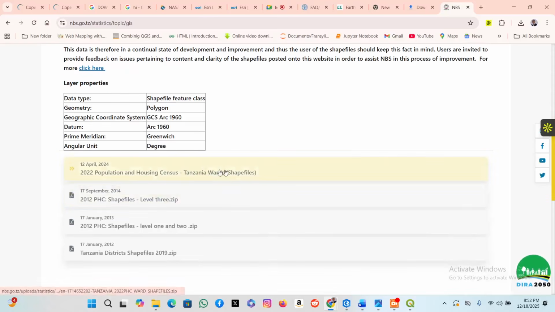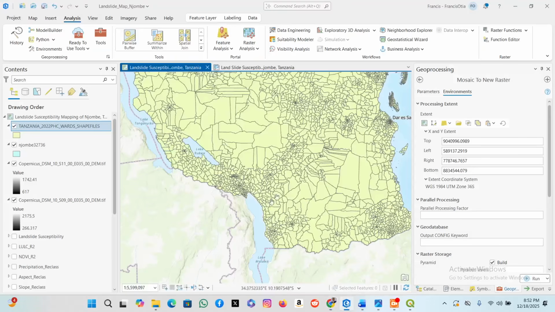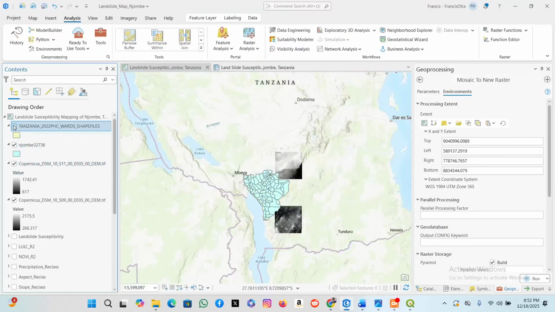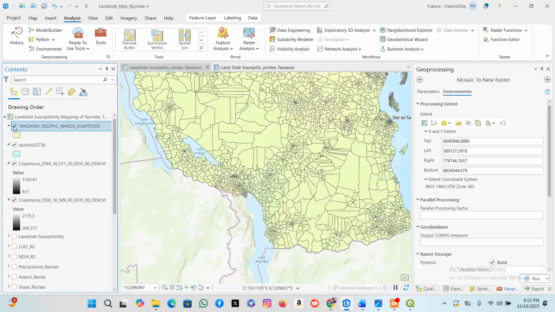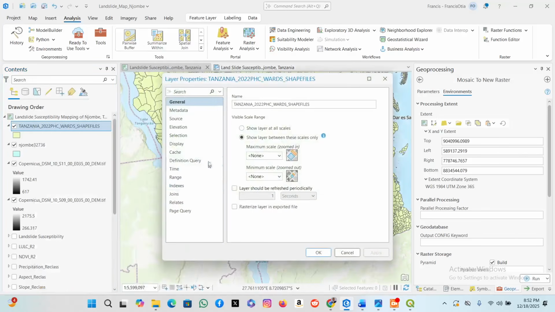But after downloading, okay, I think it's here. It's this particular one. Okay. Yes. So this was for the entire country. And then I was able to come to the properties and then